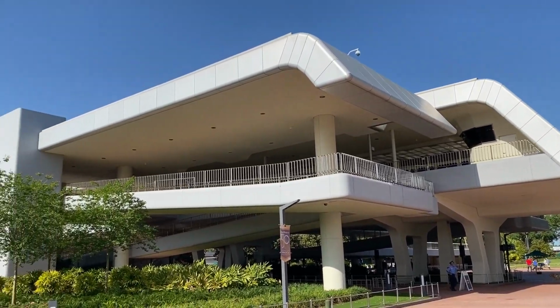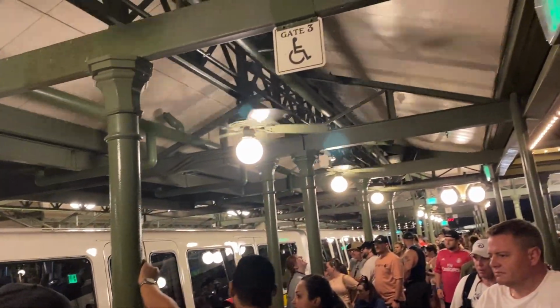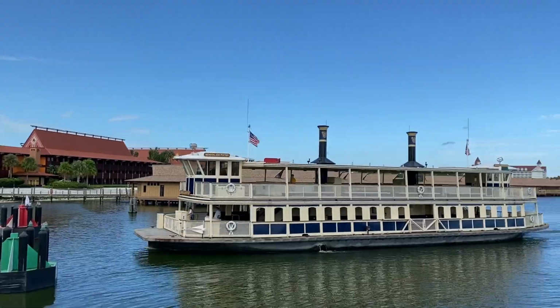So just look a little bit into Disney transportation and see how you need to use it. Likewise, at the end of the day when parks are closing, you can expect to find crazy lines for Disney transportation to get you back to your resort. One of the craziest lines you probably will find is the line for the monorail or the ferry boat at